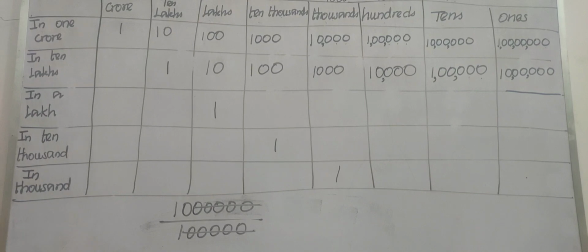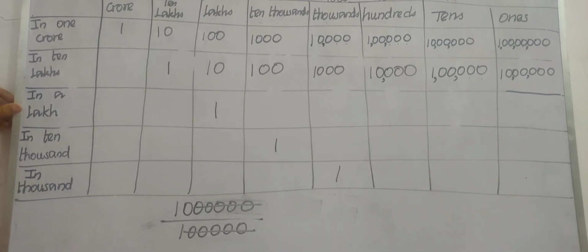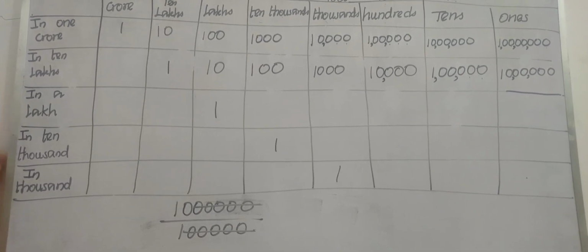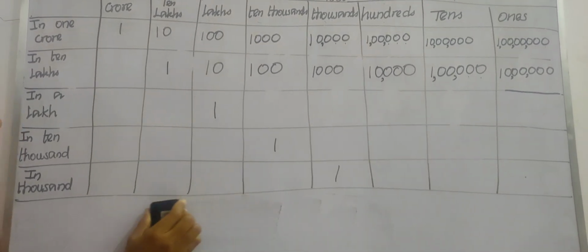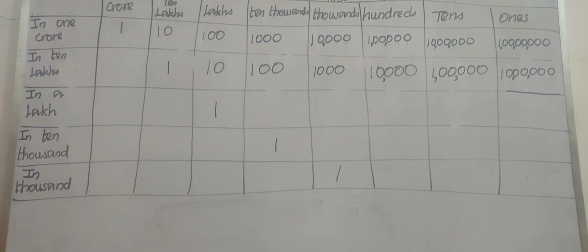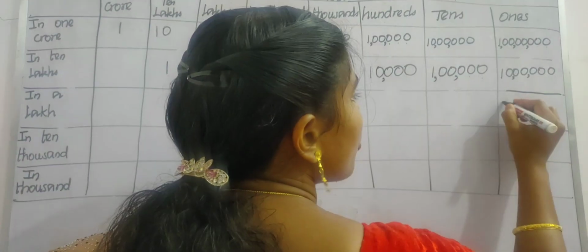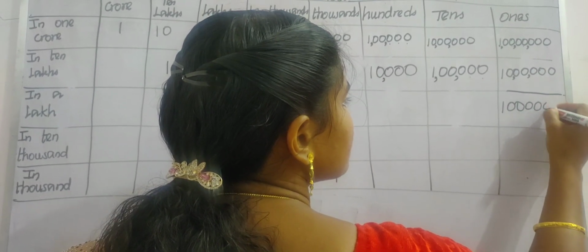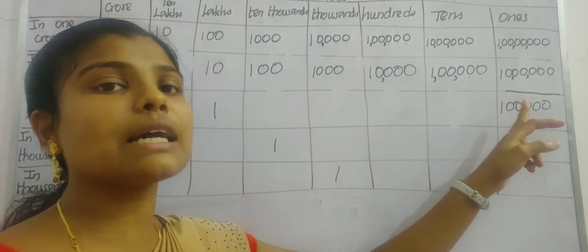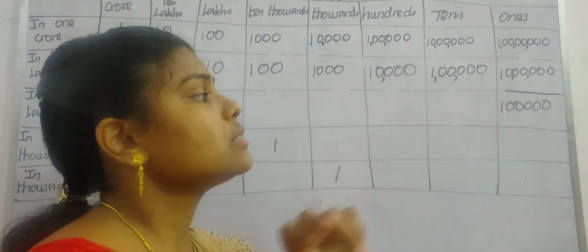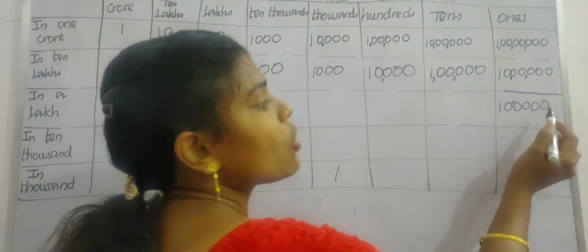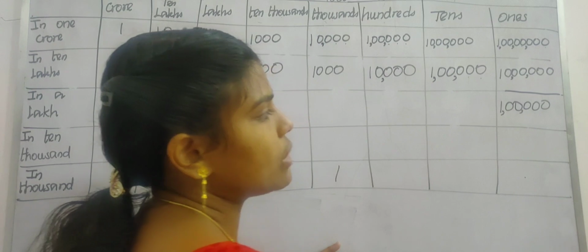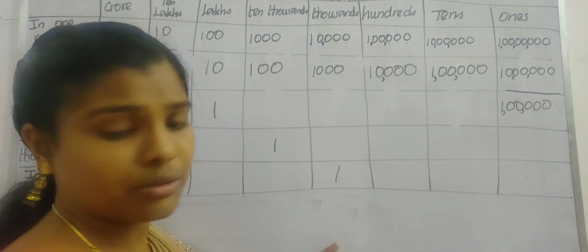So let us find for a lakh. Okay, in a lakh, we know it is the smallest 6-digit number. So we need to write a lakh in ones place. 1, 2, 3, 4, 5, 6. Okay, children, a lakh is a 6-digit number. So let us insert the comma. 1, 2, 3, put comma and then count 2. 1, 2 and then put comma. So it is 1 lakh now.